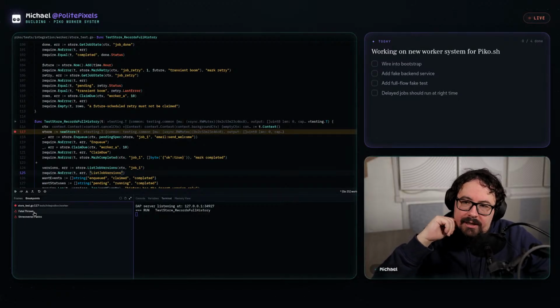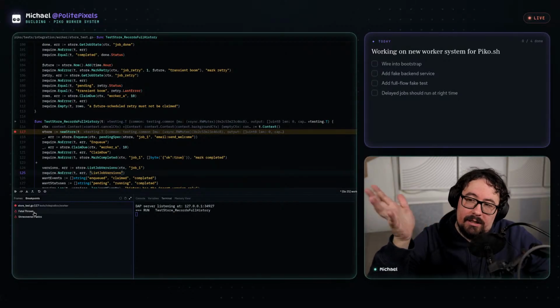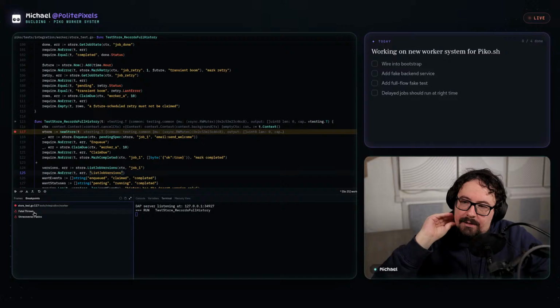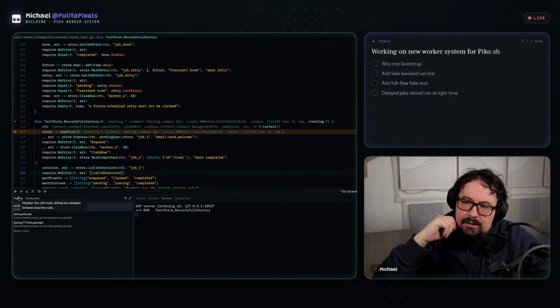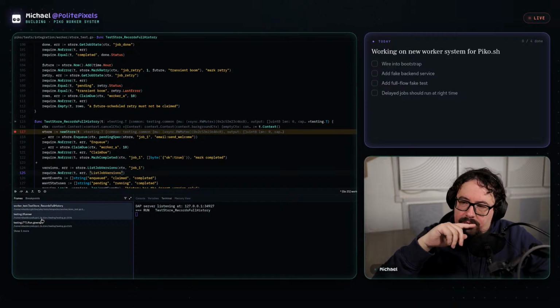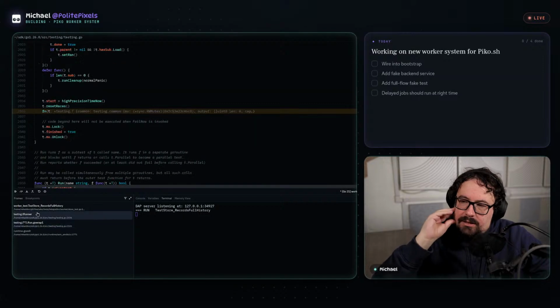What I mean by that is reiterating the overarching task more than my brain would naturally think to do. So that's nice. I can walk up and down the stack.